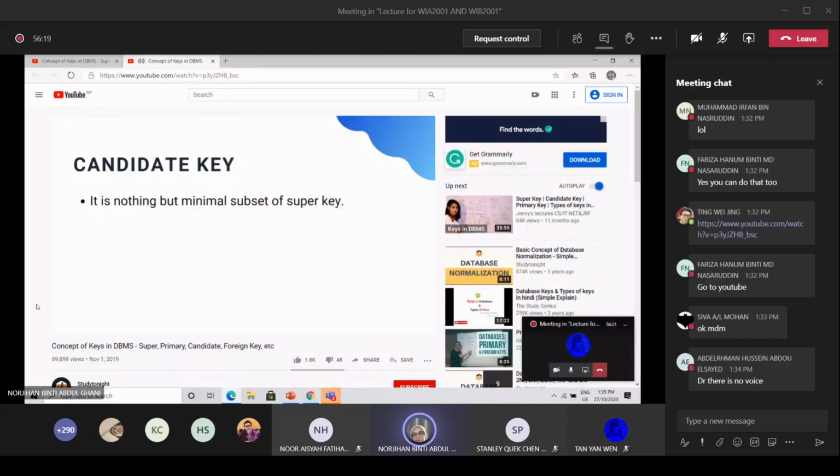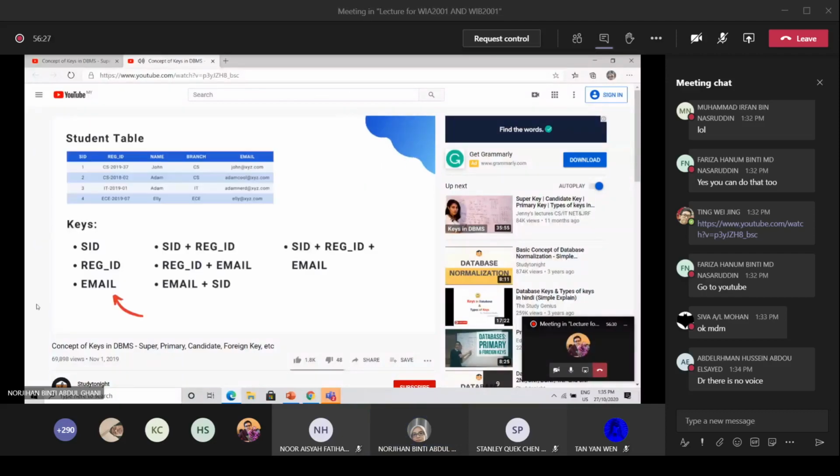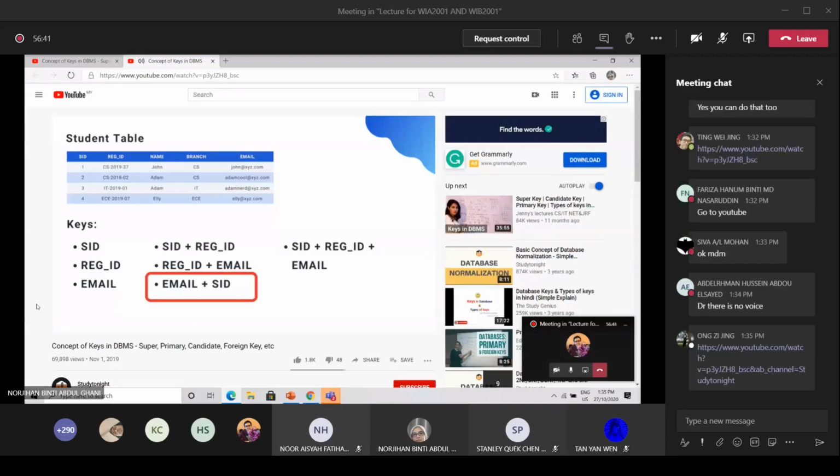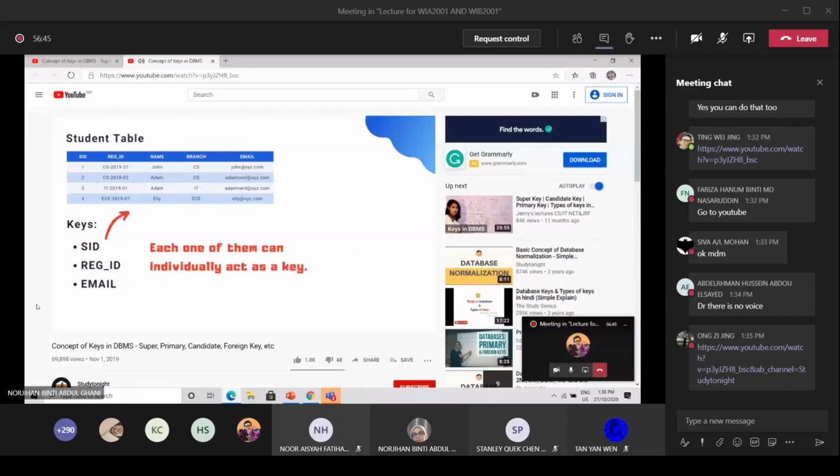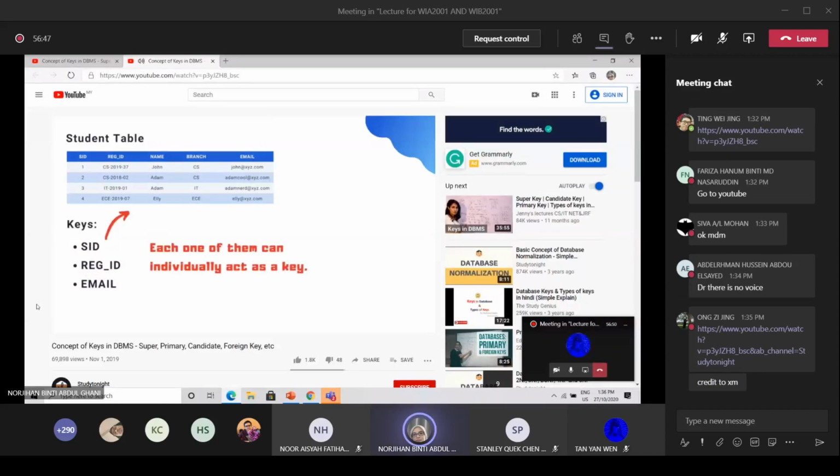Why do we need a database key? A DBMS key is an attribute or a set of attributes which help you uniquely identify any record or row of data in a table. Let's take an example. In the table above, we have SID, SNAME, SBranch and SEmail as attributes, saving details about students. If I ask you to tell me the email address of the student with name Adam, can you tell me?